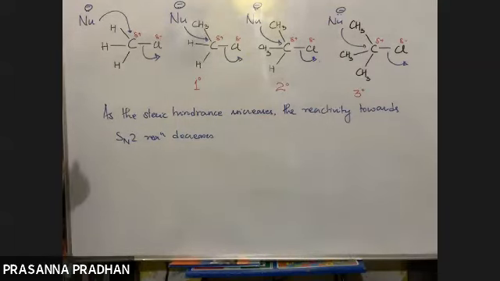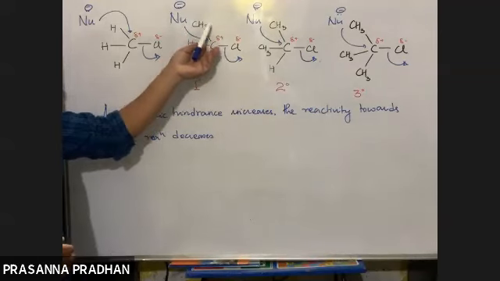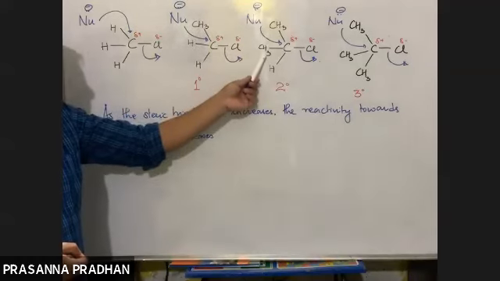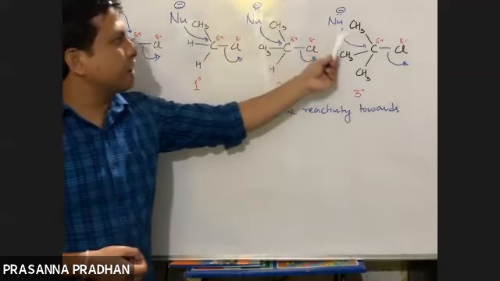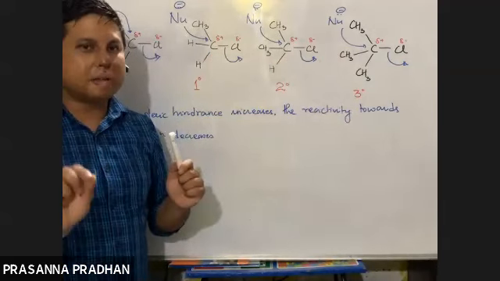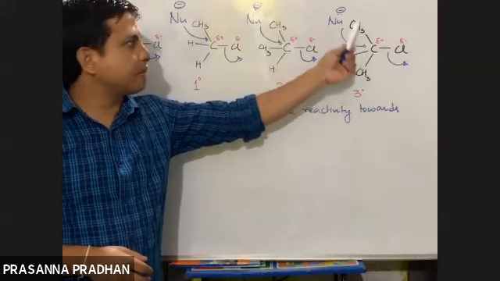So in this particular case, what is the order of reactivity? Where will the steric hindrance be least? Steric hindrance is least in this case because there are three small hydrogen atoms. As we go, the hydrogen atom gets replaced by a methyl group, the size of which is bigger. So as the size of the group increases, as the steric hindrance increases, the attack of the nucleophile becomes more and more difficult. So in the case of tertiary alkyl halides, it becomes very difficult for the nucleophile to attack this carbon because of the presence of three bulky groups.